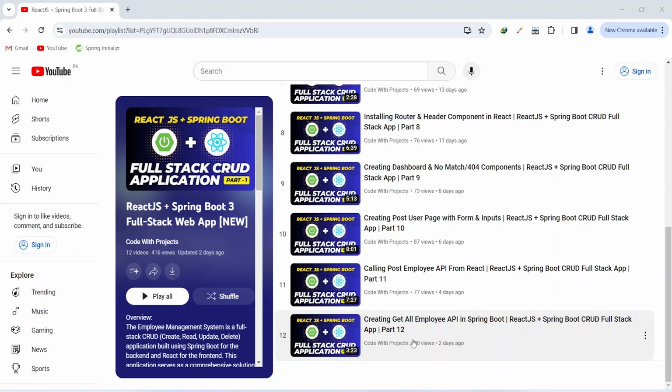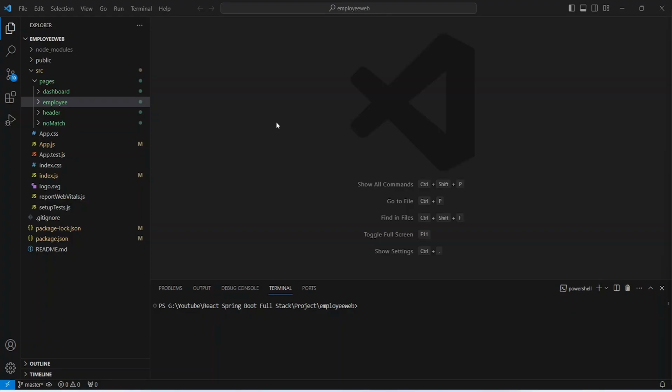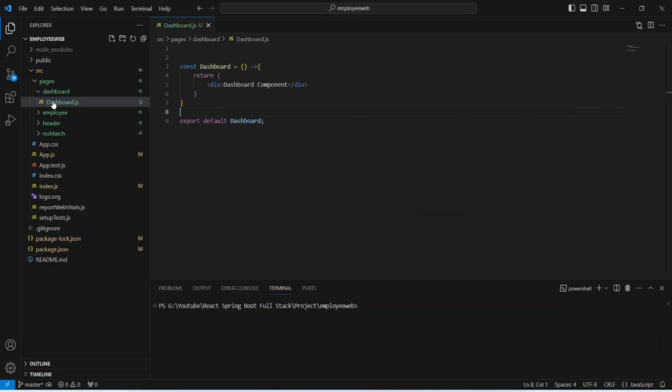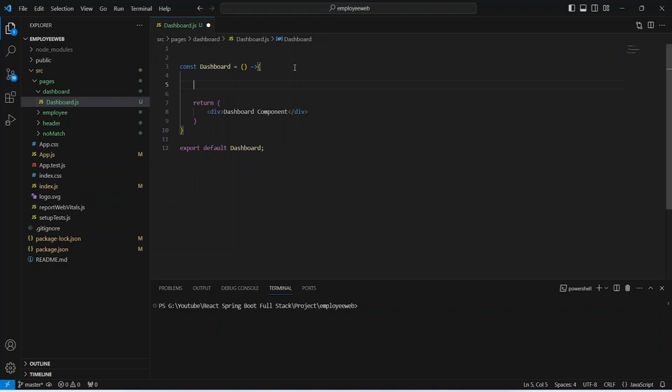In the previous video, we created the Get All Employees API in our Spring Boot application, and in today's video, we will call this API and we will show all the employees on the user's dashboard. So let's get started. And here in our React application, we need to open the dashboard folder and then we will open dashboard.js. And in this file, first of all, we need to create a useState to store the